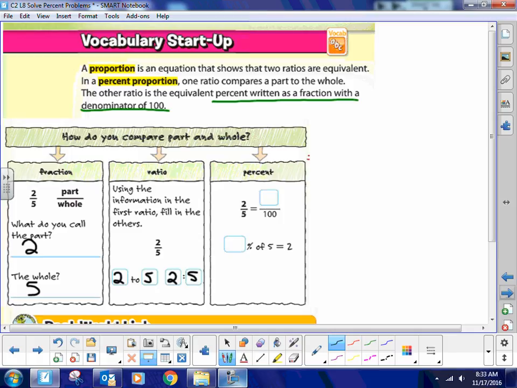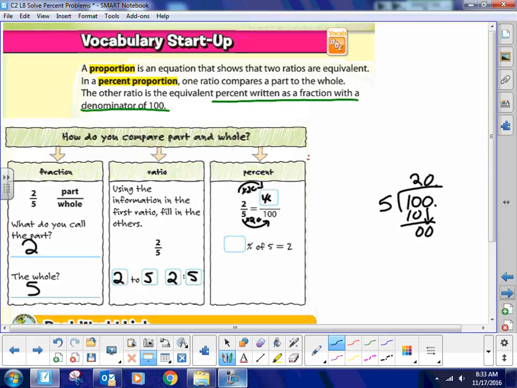2/5 is equivalent to what over 100? All right? So remember this idea? We're using equivalent fractions. What does it take? So if you can't figure this out right off the top of your head, use division. This is going to be 100 divided by 5, okay? And then this is obviously 2. And you have to break down this 0, and you still have to add another 0, because you have to get all the way to the end of the decimal, okay? So 5 times 20 makes 100. So you multiply 2 times 20,